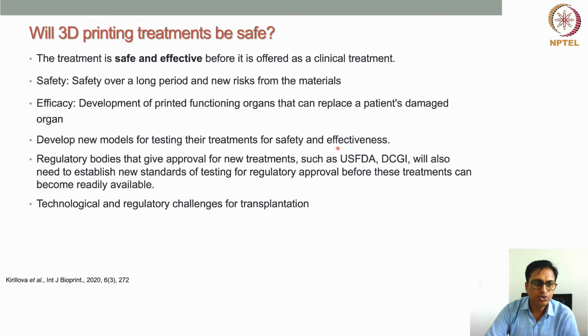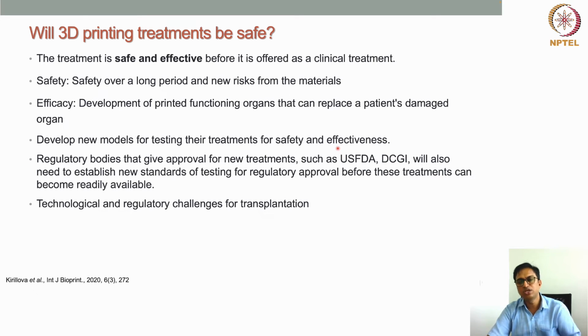So now how do we check safety and efficacy of these things? If you see, for all these different drugs and medical products, safety and efficacy are mostly evaluated by double blinded randomized clinical trials, RCT. You must have heard this before. But for this kind of personalized medicine, how do we do a randomized control trial? A randomized control trial is mostly done when we randomize the patients, and different treatments are given to these people, and then we evaluate whether a new treatment is better than the existing one or not.